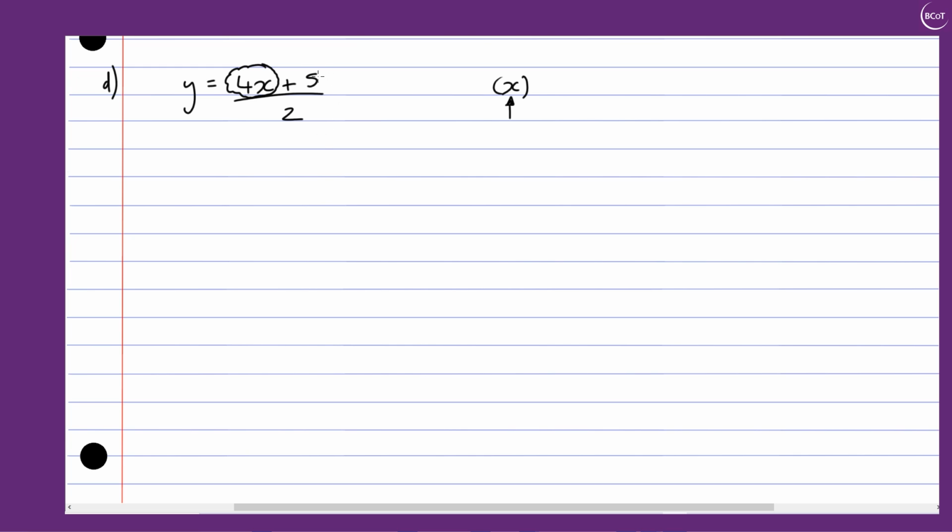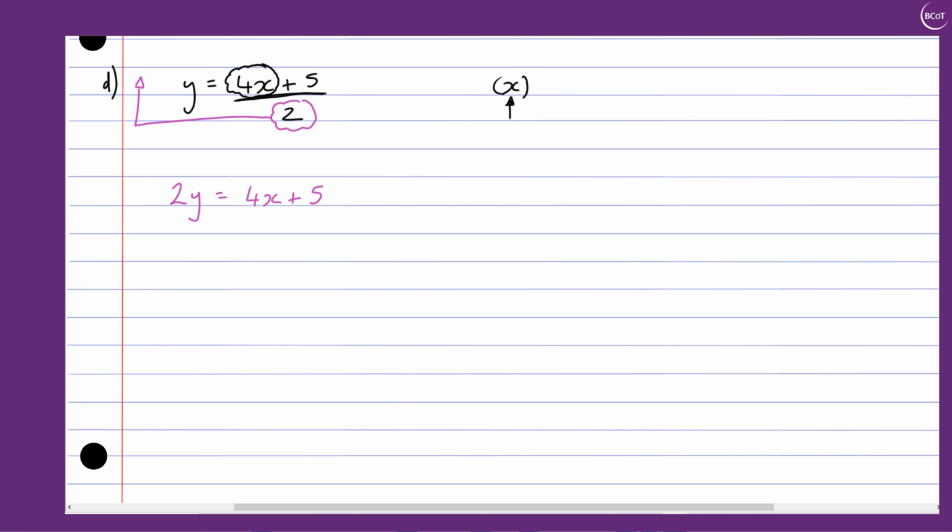We can't move the 5 on its own because all of the right hand side is divided by 2. So what we'll do, we'll move the 2 over, we'll slide and rise the 2. So take the 2, slide it from the denominator, rise it up next to the y. What we end up with is 2 next to the y, which is 2 times y, which is 2y, equals whatever else was there to start with, 4x plus 5. Getting a little bit closer,